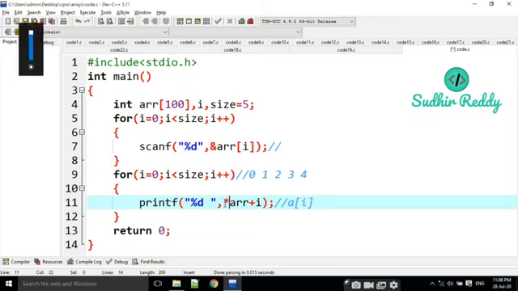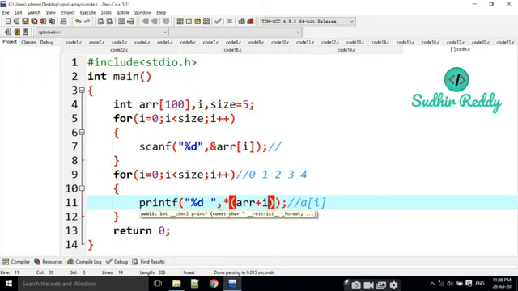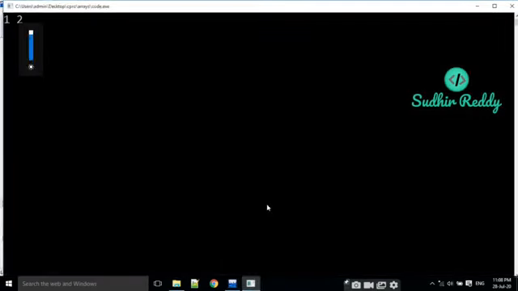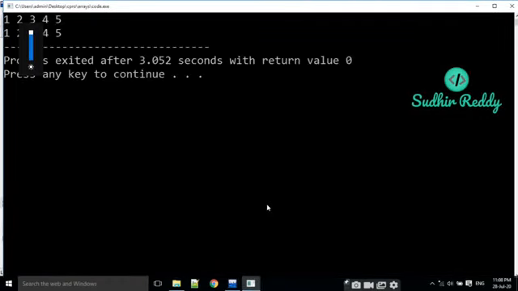I am going to write here. This is the pointer. Pointer means it's the value of that address. What is the address? Not only ARR, we have to put the bracket like this. ARR plus I is the address. Then I am going to put star here, to know what is the value at that address. I am going to execute it. I am giving the values here. Yes, it is going to display the values like this.